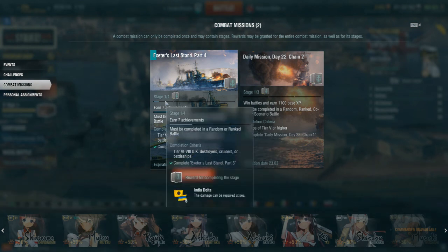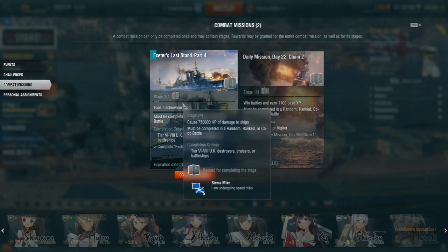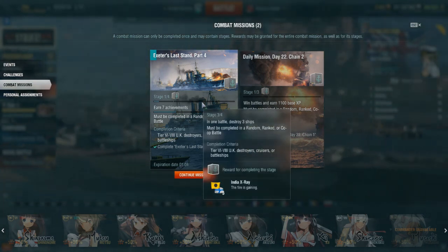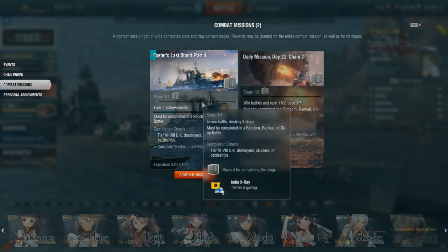Now, this one makes sense because you have to do it in random or ranked because you don't get achievements in co-op. These other ones can be done in co-op. 750,000 hit points of damage, not too difficult to do. Destroy 3 ships in one battle. Challenging, but it can be easily done in a...